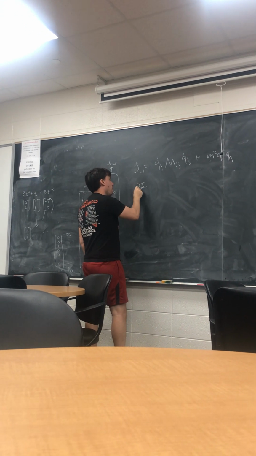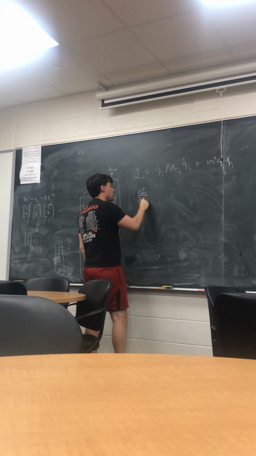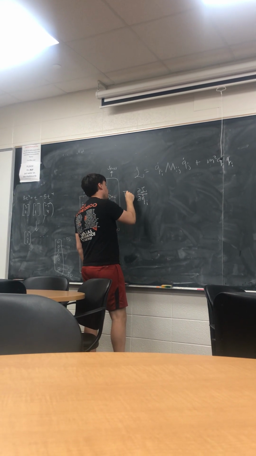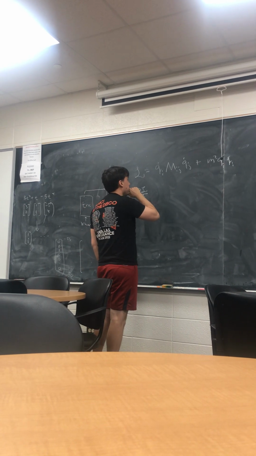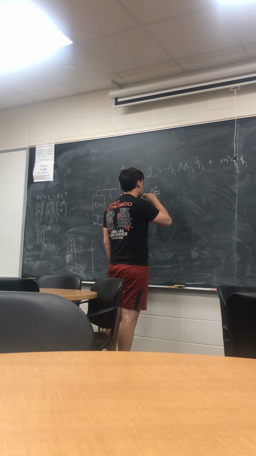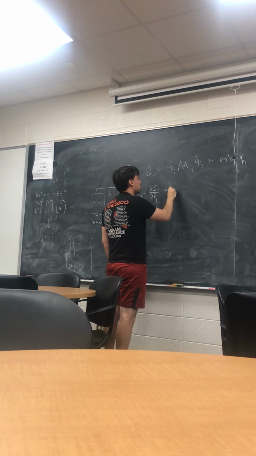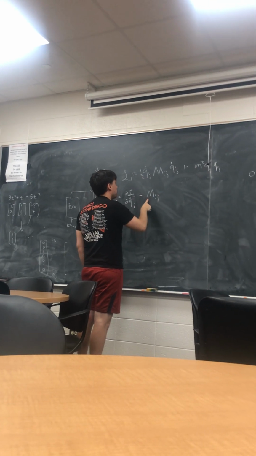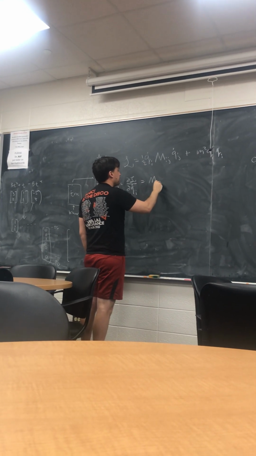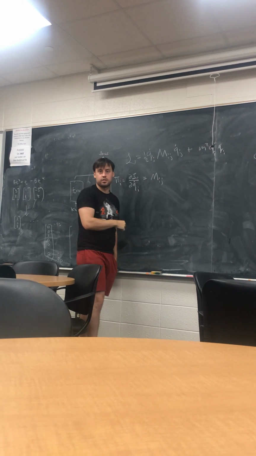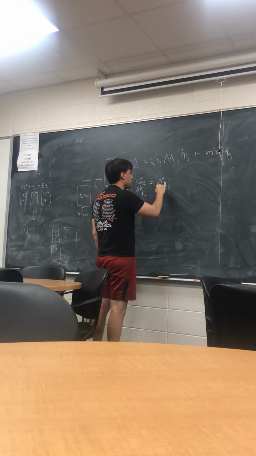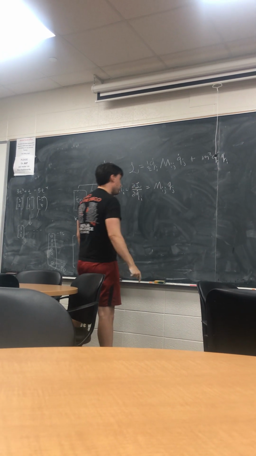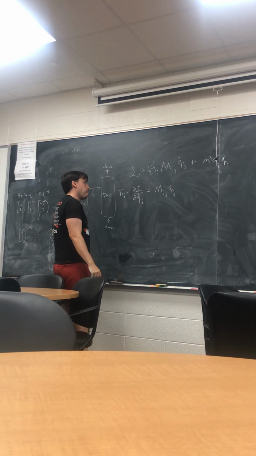Partial L, partial Q dot i, so that's what our momentum is going to be. This is why you want a 1/2 out there, probably, Mij, yeah, 1/2. Let's say Mij is symmetric, right? So that we don't have to deal with that. So it's going to be Mij, Q dot j, right? Okay, so now